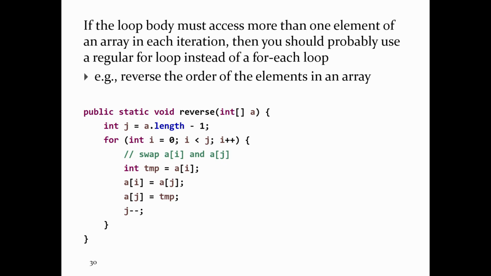Each time through the loop, I'm just going to swap the elements at index i and index j. To swap, if you've done assignment 1, you've already done this. You make a temporary variable, you store the element at a[i] or a[j]. If you store a[i] here, you're going to set a[i] on the next line, so you set a[i] to whatever's in a[j], and now you can set a[j] to whatever used to be in a[i]. That's why you need the temporary variable,